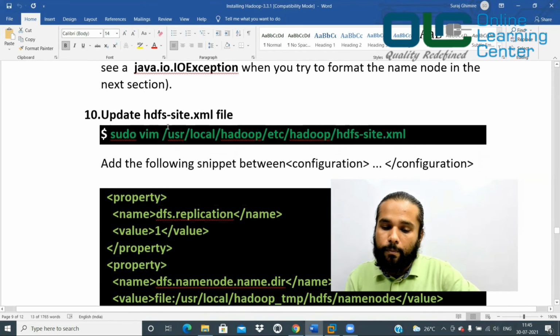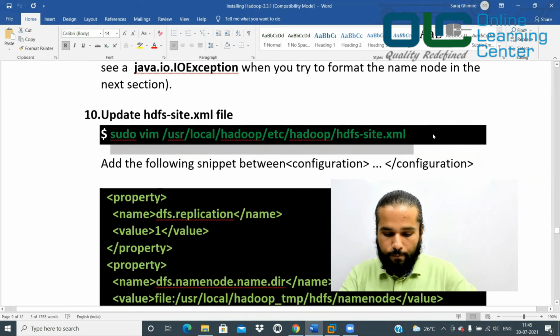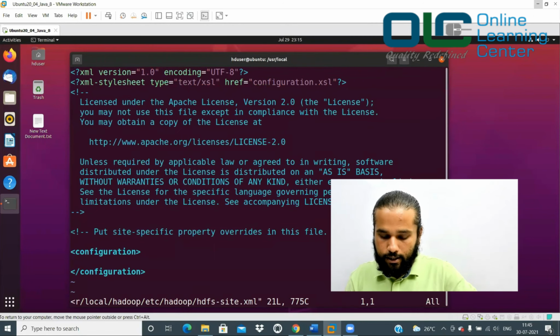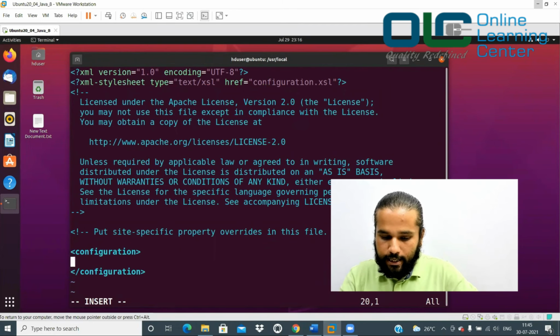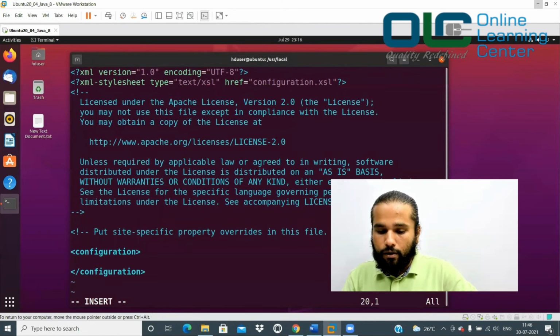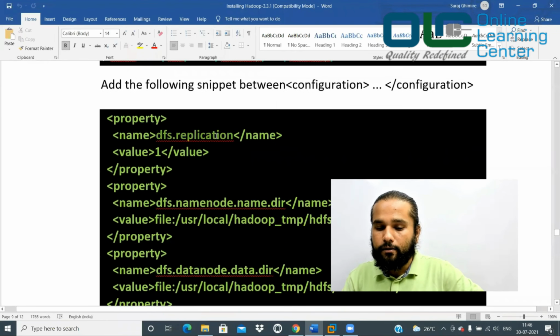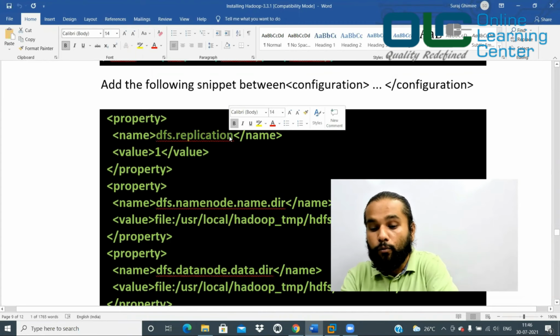Next, now update your hdfs-site.xml. So I'll just copy this and let's go to hdfs-site.xml. Now in this, again go to configuration, in the middle, press I for insert mode. And now let us copy this stuff. If you see, we are saying that the replication factor by default would be 1 here because it is a single node installation.